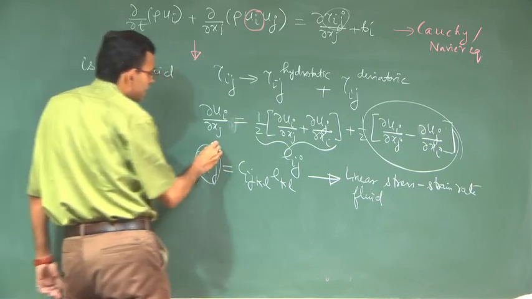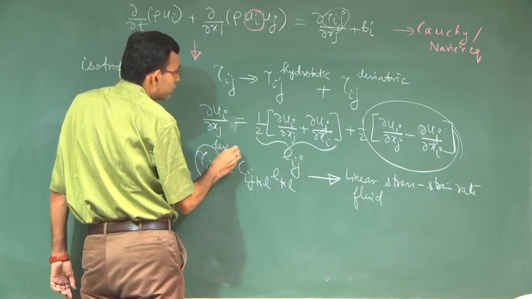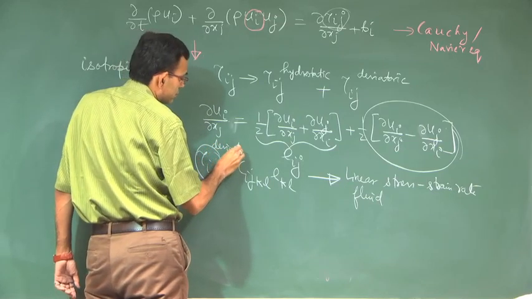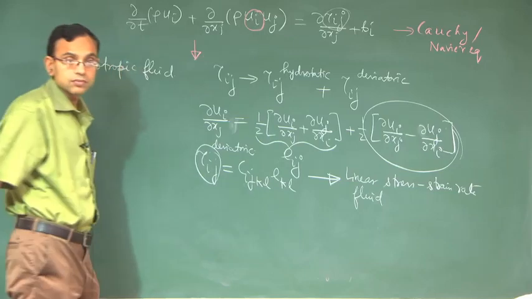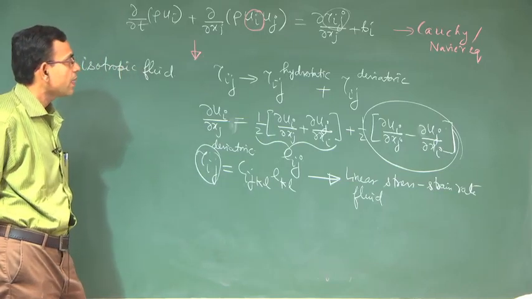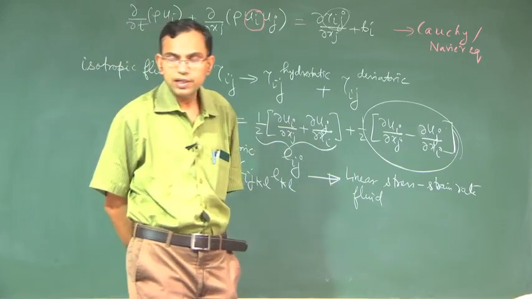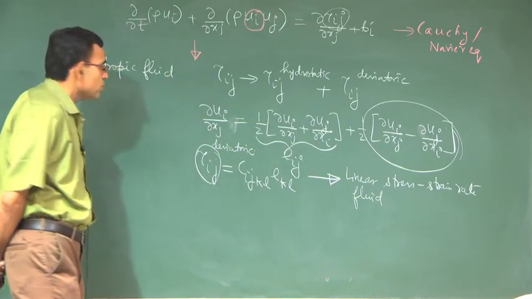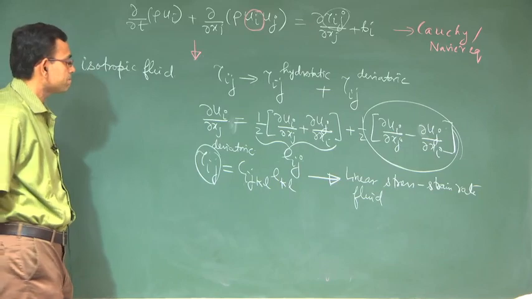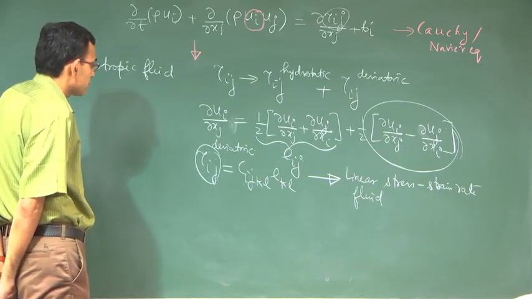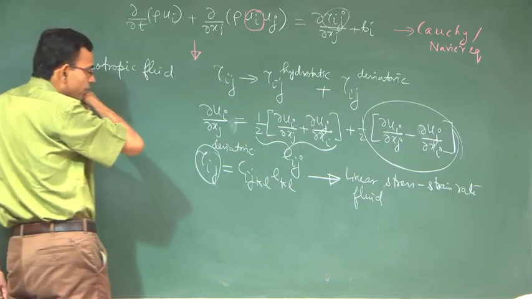Remember, this is tau ij deviatoric, this is not the total tau ij. Hydrostatic we will show separately, how to write the hydrostatic stress. So, for isotropic fluid, you will have